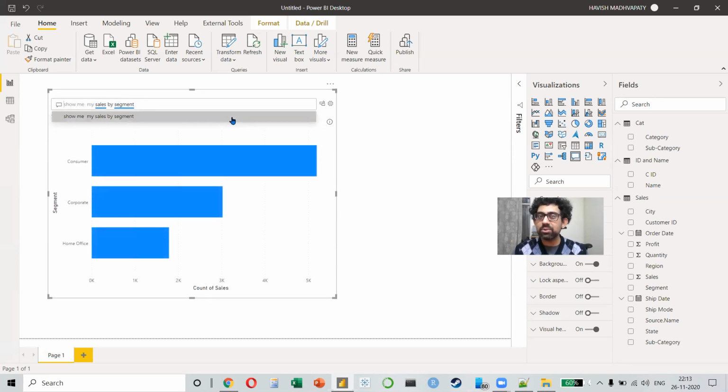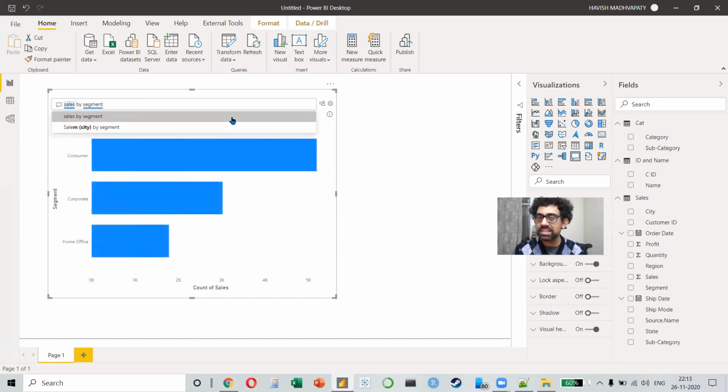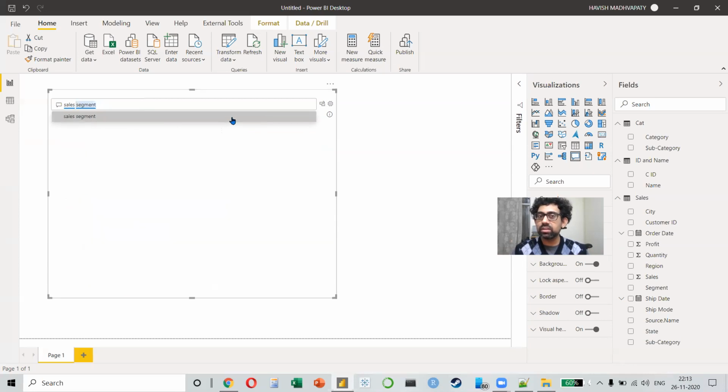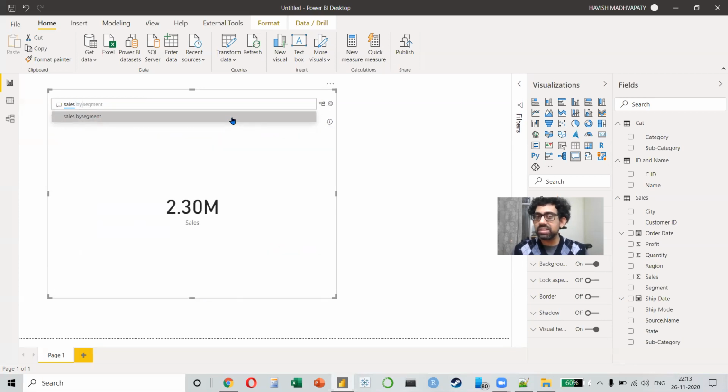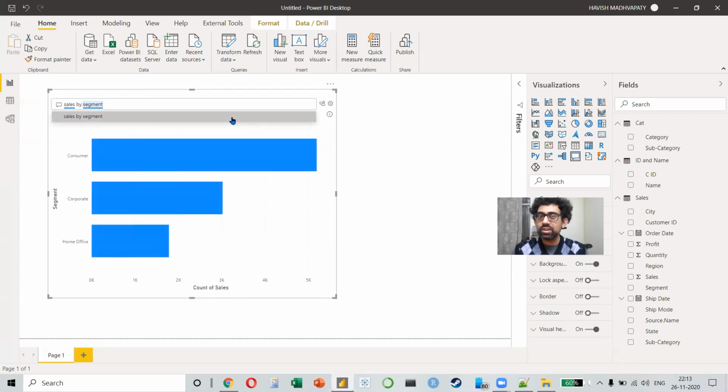Do you not see what I'm doing? I don't need to write anything. I can just say sales by segment and it will still work. Anything else that you're writing, in any case, is not being used for the analysis. Guys, I'm just putting the keyword. Whether I write show, tell, what, how, when, it doesn't matter because those words are not being used by Power BI at all. Only these 2 words are being used, sales and segments. If I remove by, then it's confusing because it doesn't know what to do, how to show the data. You have to say by segment, but that's it. You don't need to write anything else.